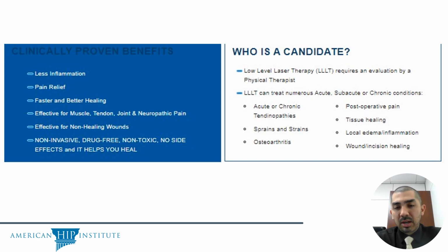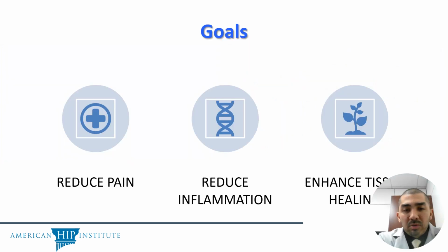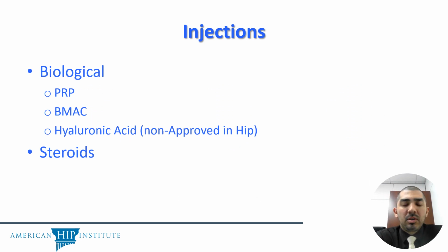and it's a candidate for almost everyone. Acute or chronic tendinopathies, sprains, people after any trauma, any type of local inflammation could be treated with this cold laser therapy. The goal, again, is to reduce pain, reduce inflammation, and promote tissue healing. So another option,